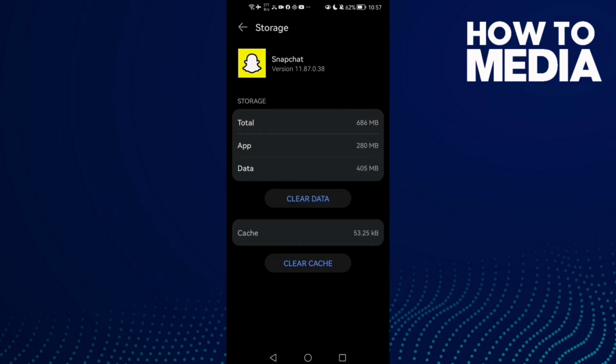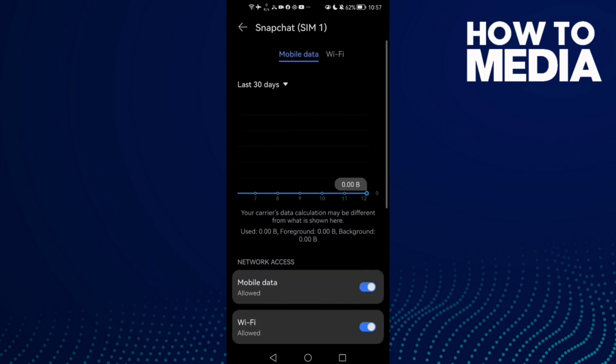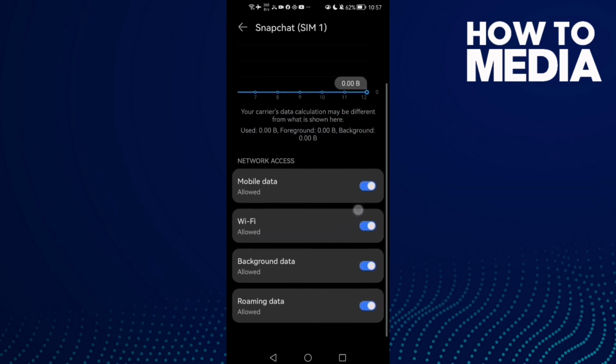Then go to storage, clear cache, and go to data usage and allow mobile data, and all of those here,